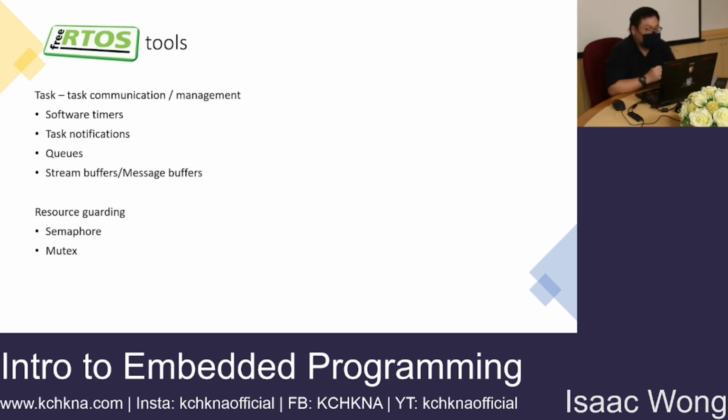Now, RTOS has a bunch of tools to help you write your code easier and to help you do things like flow control and communication between different tasks. As I mentioned earlier, each task runs in its own context, so it doesn't share any data. We need some form of communication between them so that you can actually share data across them. It does this with things like task notifications, queues, and stream message buffers, and then for